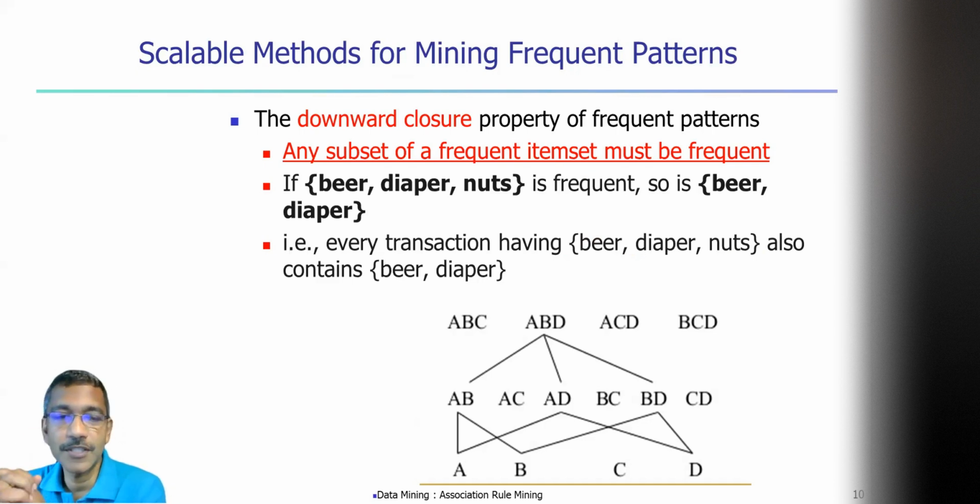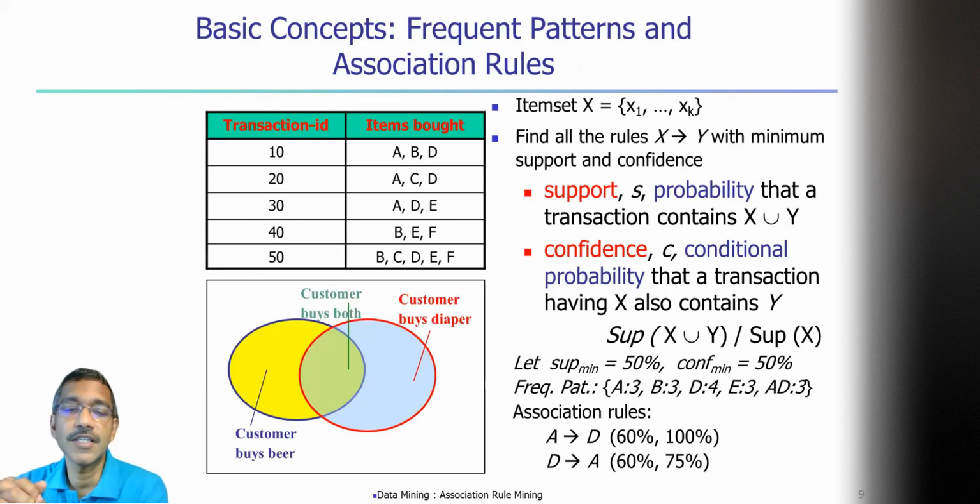So we use something called the downward closure property to identify these frequently occurring items, right? Once again, I'm alluding to the problem. What is the problem? Out of a given data set of transactions with multiple items, we need to find the transactions that are frequently occurring. Right, so in the previous slide, I did not say what we would consider as the